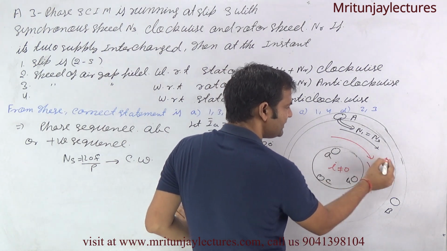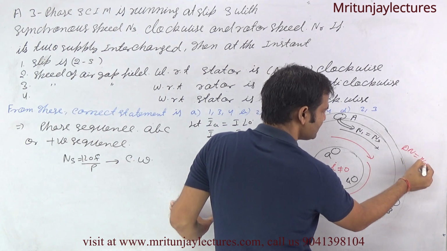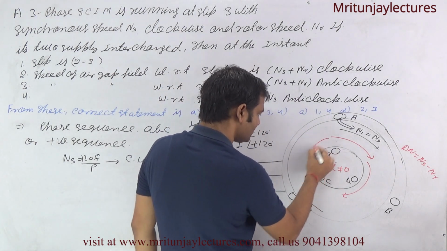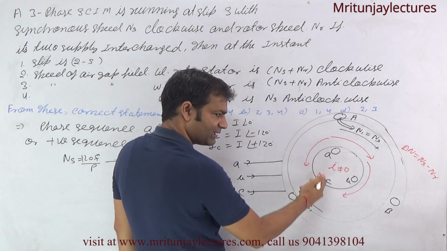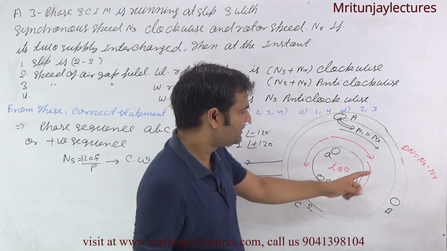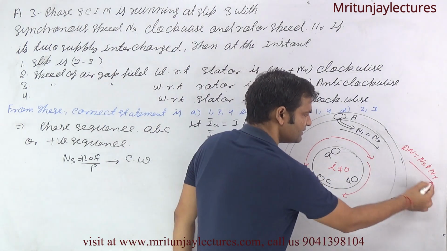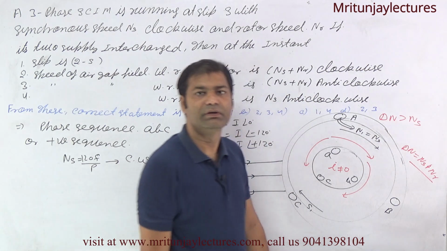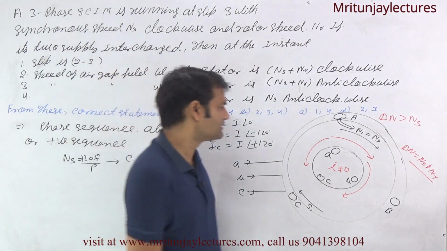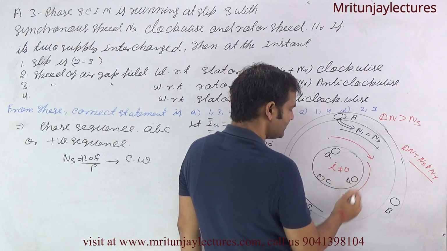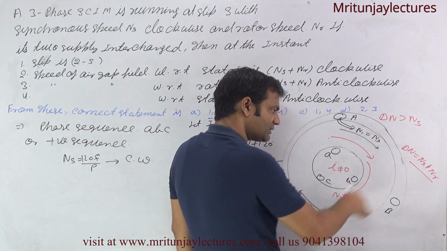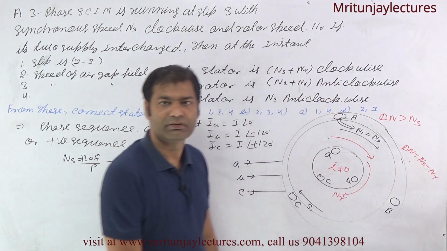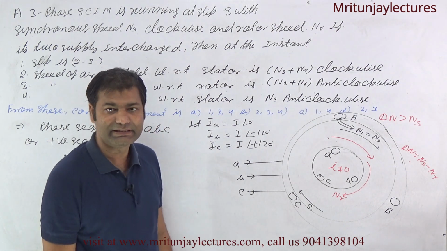Then what about the relative speed? Delta n is equal to ns minus nr. Clear? If any doubt, rotate in the other direction also. If the rotor rotates like this one, then what about the relative speed? It is ns plus nr, meaning delta n is greater than ns. It is not possible, this does not follow Lenz law. That's why it is only possible if the rotor rotates in the direction of the stator field, and then the relative speed delta n is ns minus nr.